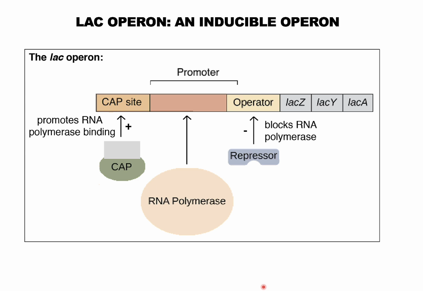In addition to the 3 genes, the lac operon also contains a number of regulatory DNA sequences. These are regions of DNA to which particular regulatory proteins can bind, controlling transcription of the operon. The following proteins and enzymes are encoded by the lac operon. LAC-Z, beta-galactosidase. This enzyme breaks down lactose into glucose and galactose, which can be readily used by the cell. LAC-Y, lactose permease, a transmembrane protein that transports lactose into the bacterial cell. And LAC-A, transacetylase. The exact function of this protein is not fully understood, but it is thought to be involved